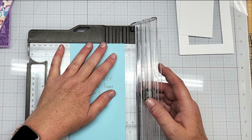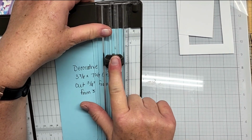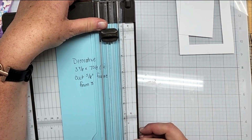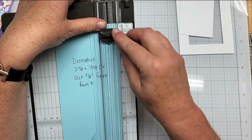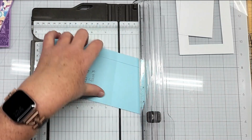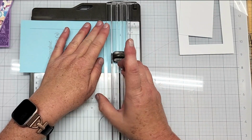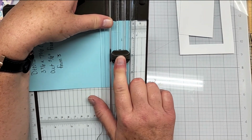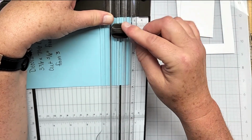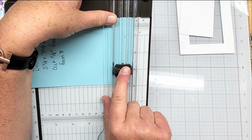So I'm going to lay this at the 5/8 inch mark, and I'm going to put my blade in the middle. I'm going to come up to the 5/8 inch mark, and I'm going to come down to the 7, and then I'm going to rotate to the 5/8 inch and put my blade up, and then I'm going to come up to 5/8 inch, and I'm going to come down to 3 1/4,